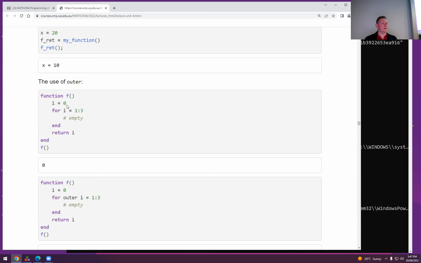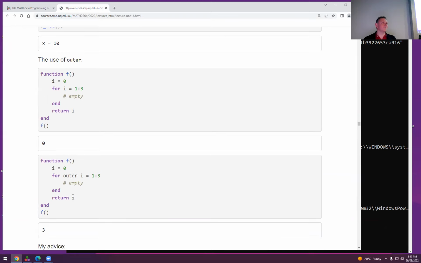It defines this variable I equals 0. We for I equals 1 to 3. And afterwards, I actually is 0, right? Because this I is a variable in a new scope, in the scope of the for loop, separate from that I. Okay, but if you want them to be one and the same, you don't use global, you don't use